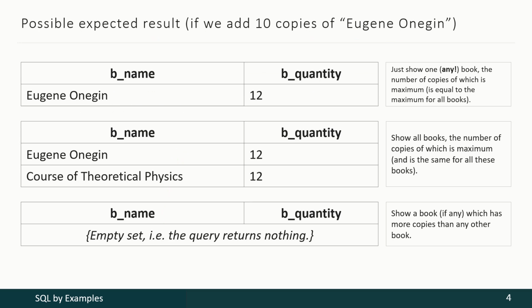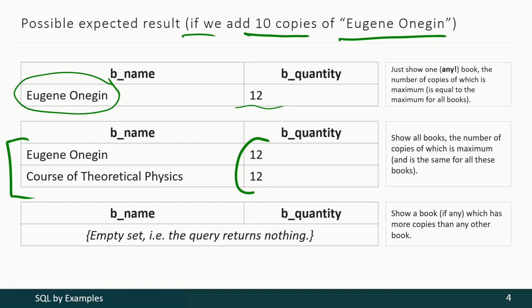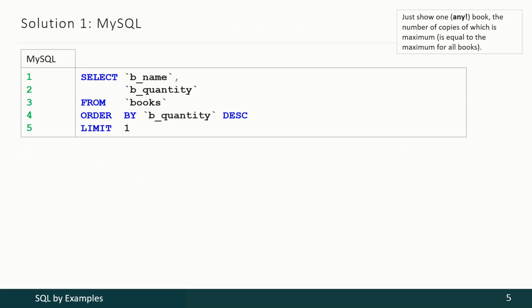But imagine that we add 10 copies of Eugen Onegin book, so the result will be the next. This is just one book with the maximum number of copies. These are two books with the maximum number of copies, and no book exists that has more copies than any other book. So let's begin with the first variant, when we have to show any book with the maximum number